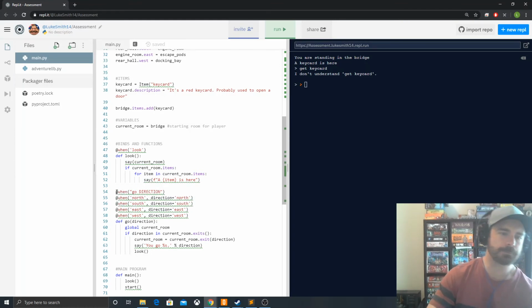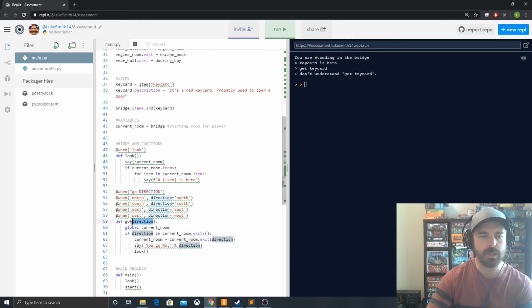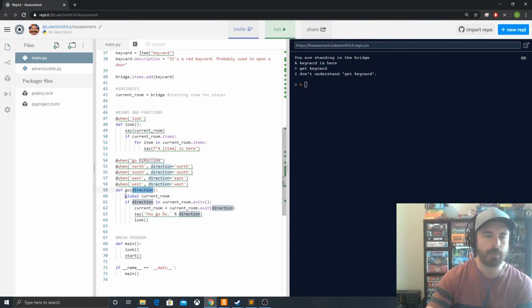So what I've got here, when the player types go and then a direction, it takes the direction that they type and puts it into here. If they just type north, we set the direction to north. If they just type south, we set the direction to south. If they just type east, etc. And so direction will work from any of these different things. We get the current room and set it to global. If the direction they type is in the list of exits of the current room, then the current room equals